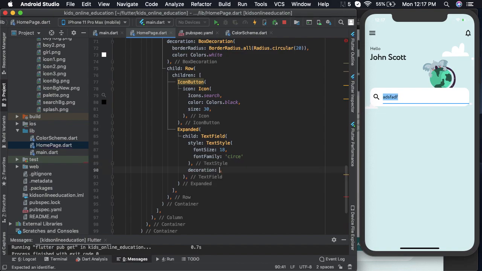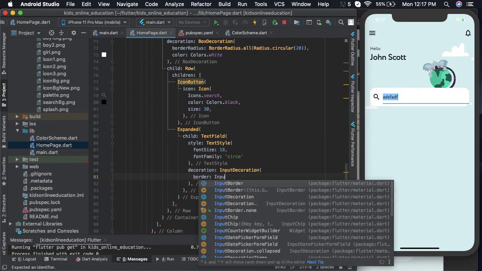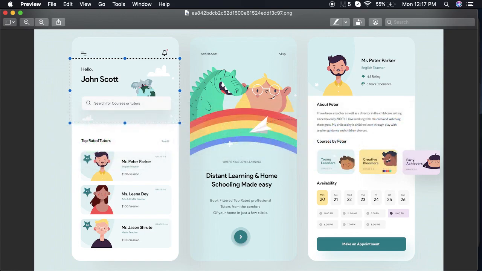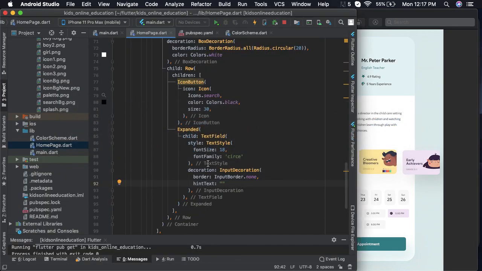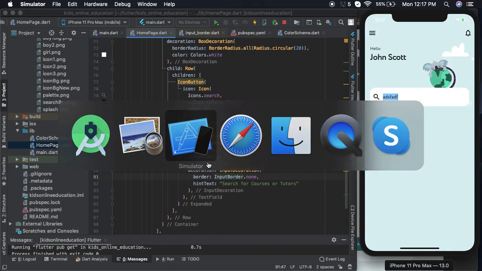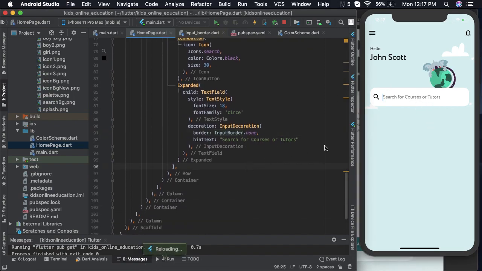and let's give it a decoration. Input decoration. I want to get rid of this border, so I'll give it as input border dot none, and we need to have a hint text which says search for courses or tutors. Okay, now we have